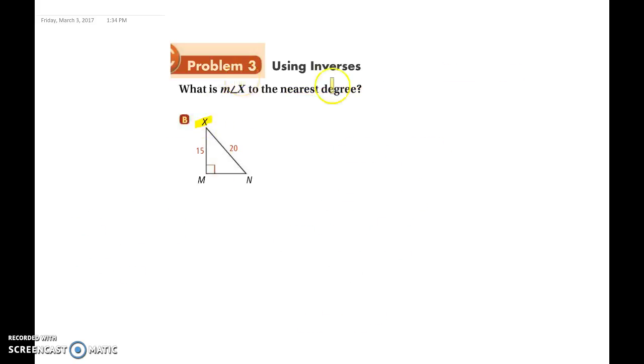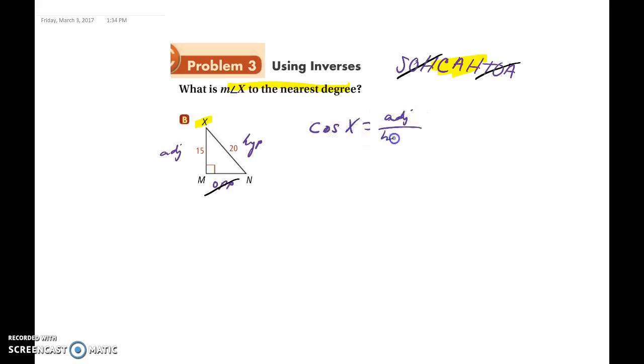Same thing, what is the measure of angle x to the nearest degree? So we will go ahead and fill in opposite, adjacent, and hypotenuse. We have our SOHCAHTOA. We don't know what our opposite is, so we will not use our sine or our tangent, and we will only use our cosine. So cosine of angle x is equal to our adjacent over our hypotenuse. Cosine of angle x is equal to 15 over 20. Cosine of angle x is equal to 4 over 5. I'm sorry,